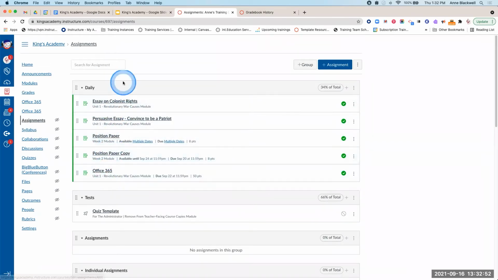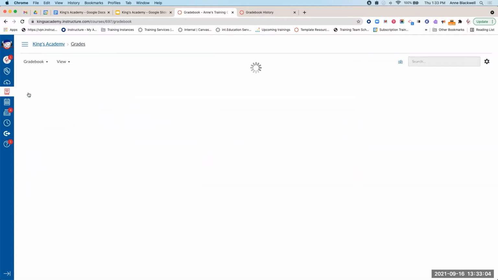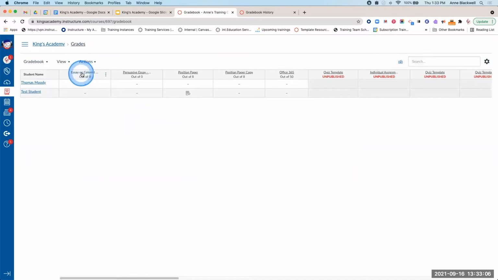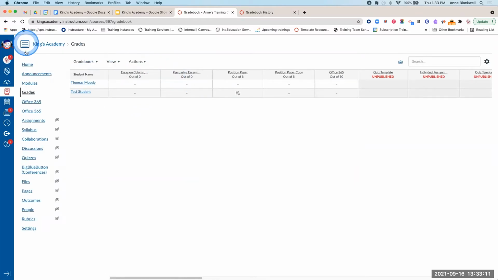Okay, so you can see at this point, I've made so many assignments. All right, there they are. So this is starting my default order inside my gradebook. See how it is? Essay on colonist strengths, persuasive essay, position paper. It's that way on that assignments page too. So right now it is in default order of my